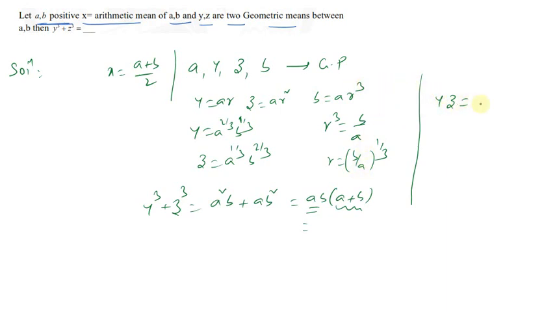You have to refer all these points. YZ is equal to a square into r cube, a square into b by a. What happened, AB. So AB value is nothing but YZ, and the other value is nothing but 2x. So the final answer should be 2xyz. Move to the next question.